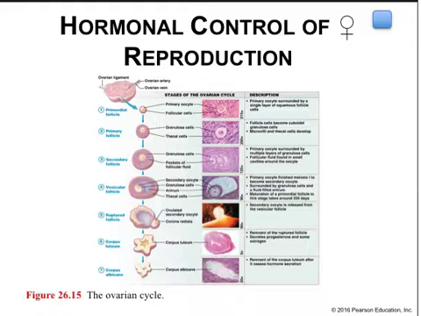A vesicular follicle has small pockets of follicular fluid that merge into the antrum. The primary oocyte and its capsule of granulosa cells project into the antrum on a stalk. The follicle continues to enlarge, which creates a bulge on the ovarian surface. The primary oocyte suspended in prophase 1 completes meiosis 1 to form a secondary oocyte and the first polar body. The newly formed secondary oocyte arrests development in metaphase 2 and will only complete it if it is both ovulated